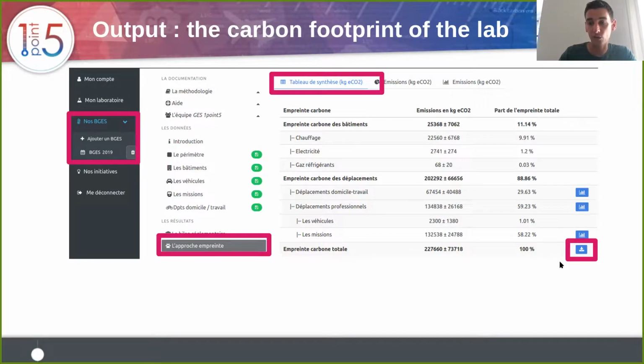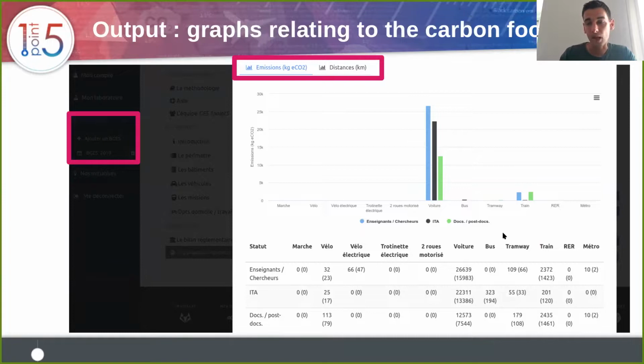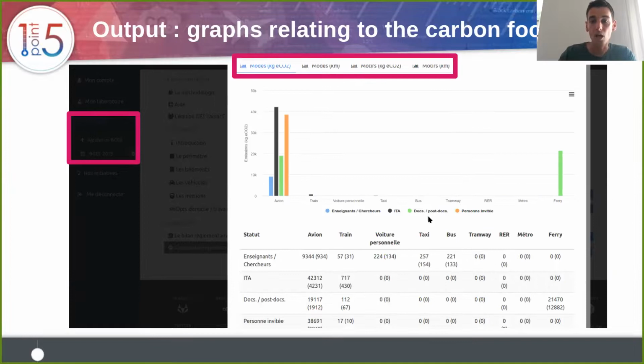The user can also export the data from this table and access some graphics to understand better, like here the professional travel emissions, or here the daily commute emissions gathered with different metadata.